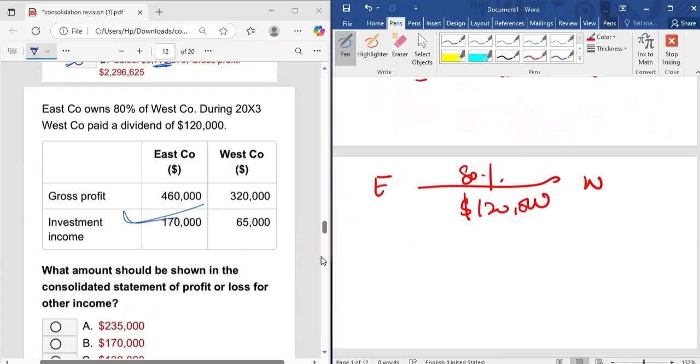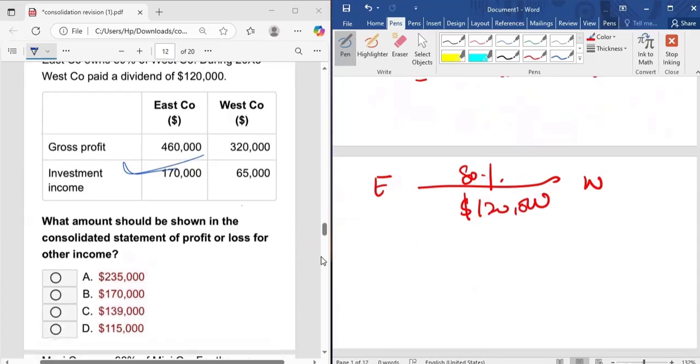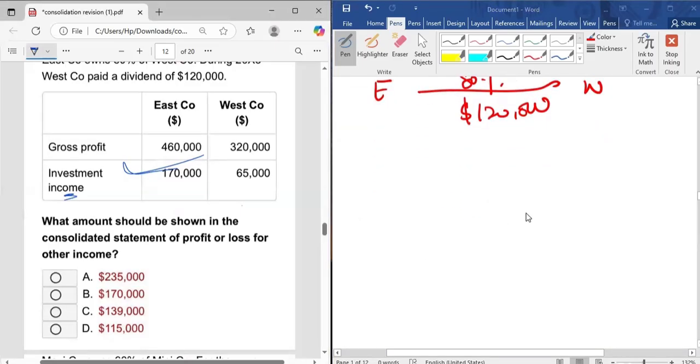So they have given us the gross profit and the investment income of both the companies. What amount should be shown in the consolidated statement of profit and loss for other income? So this investment income is our other income. So we have to calculate the total consolidated other income. We will simply add 1,70,000, which is East Company's investment income, and we will add 65,000, which is